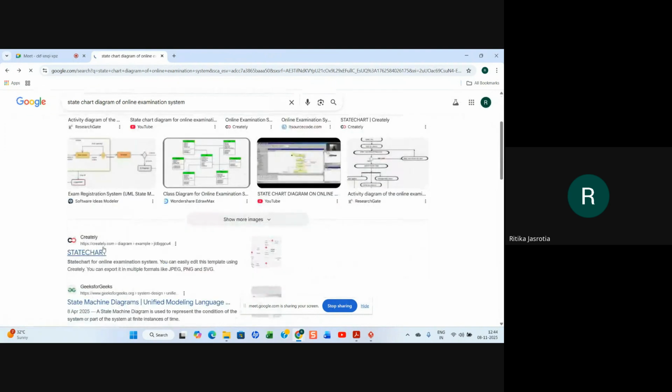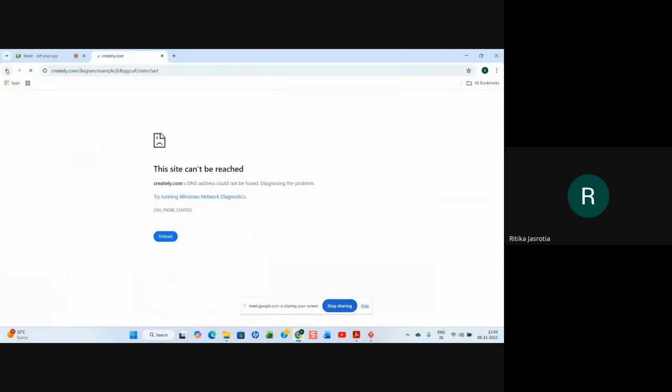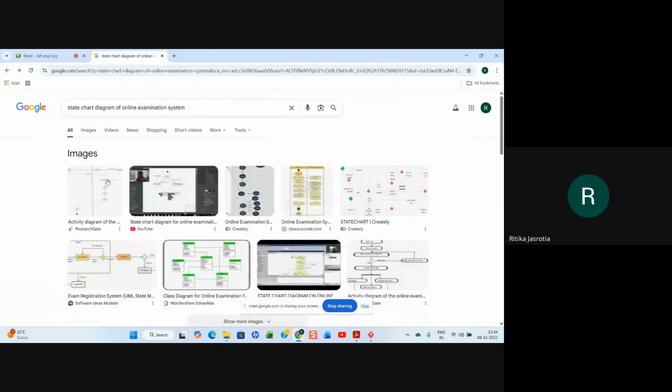State chart diagram, nobody is displaying right now. Let us see. This is an activity diagram.